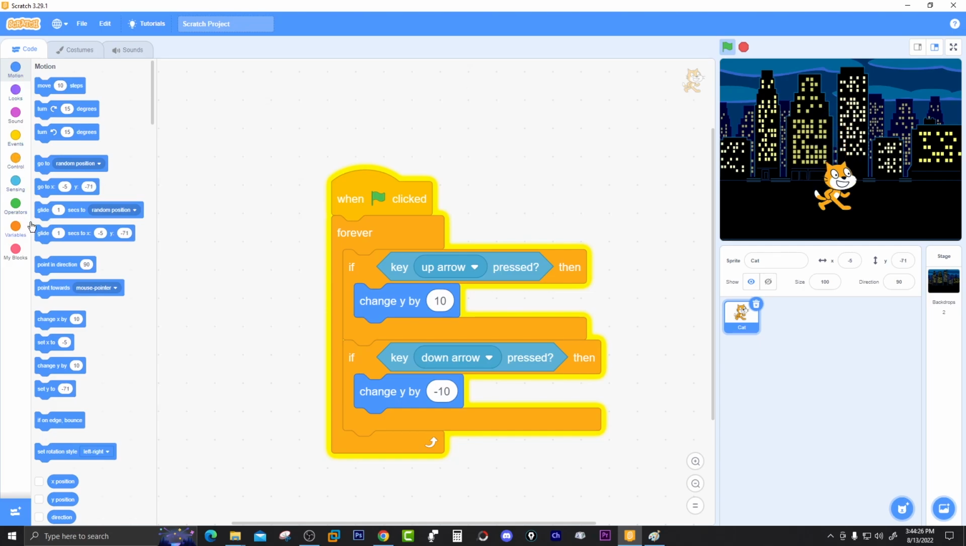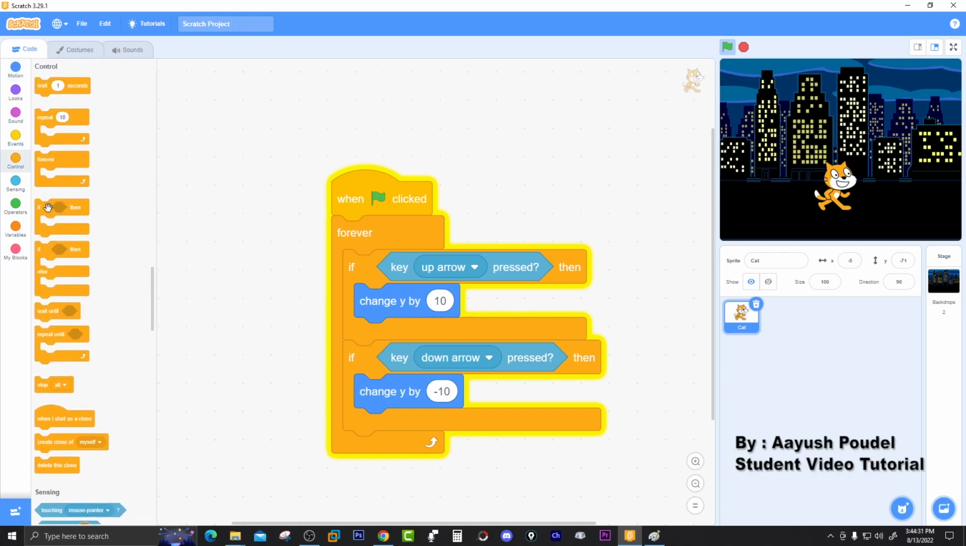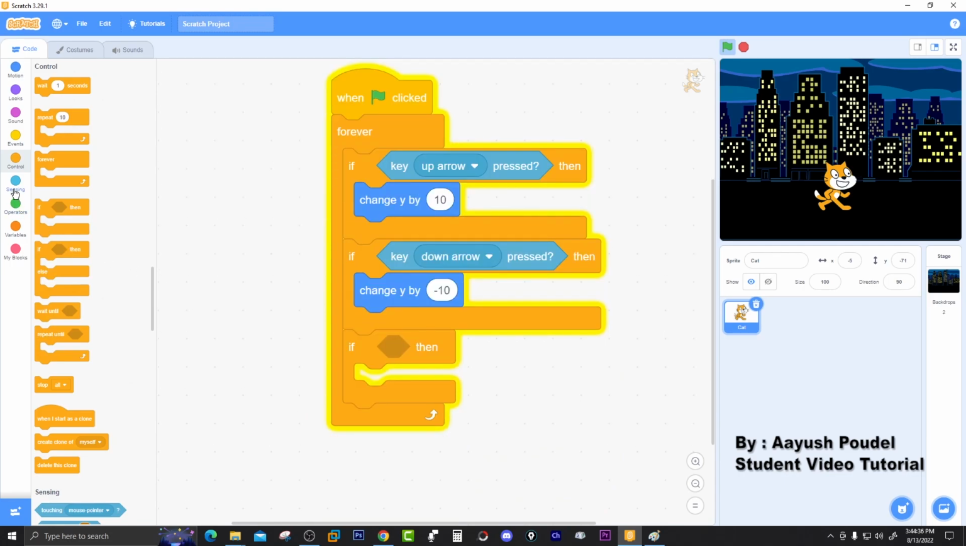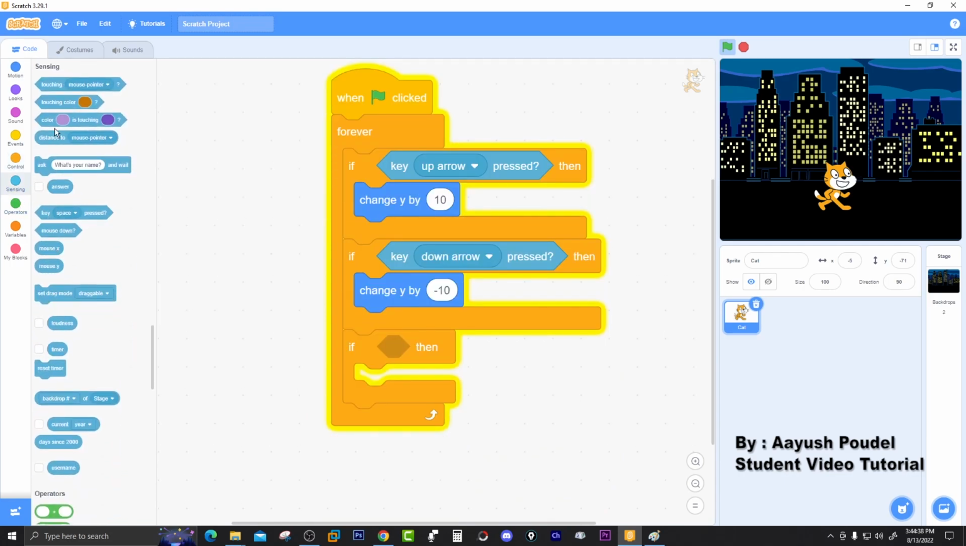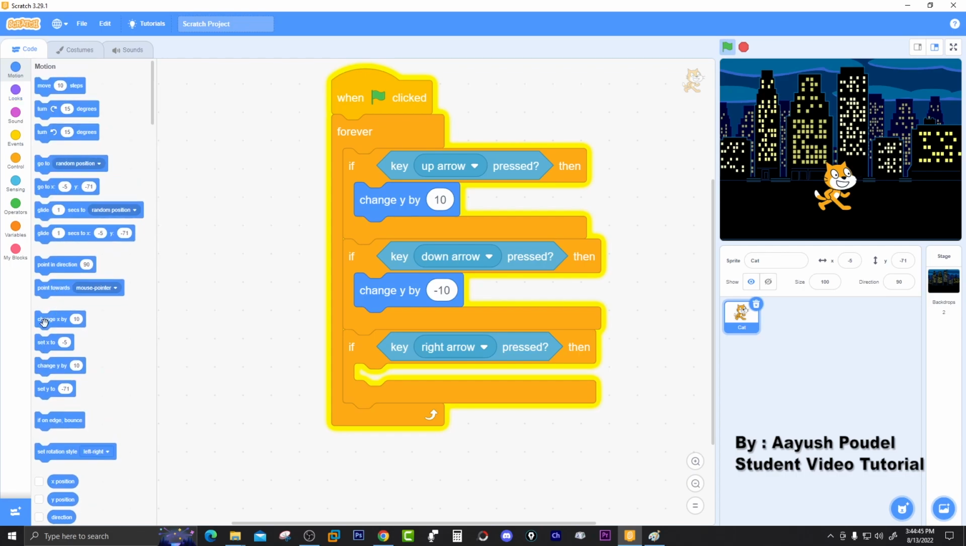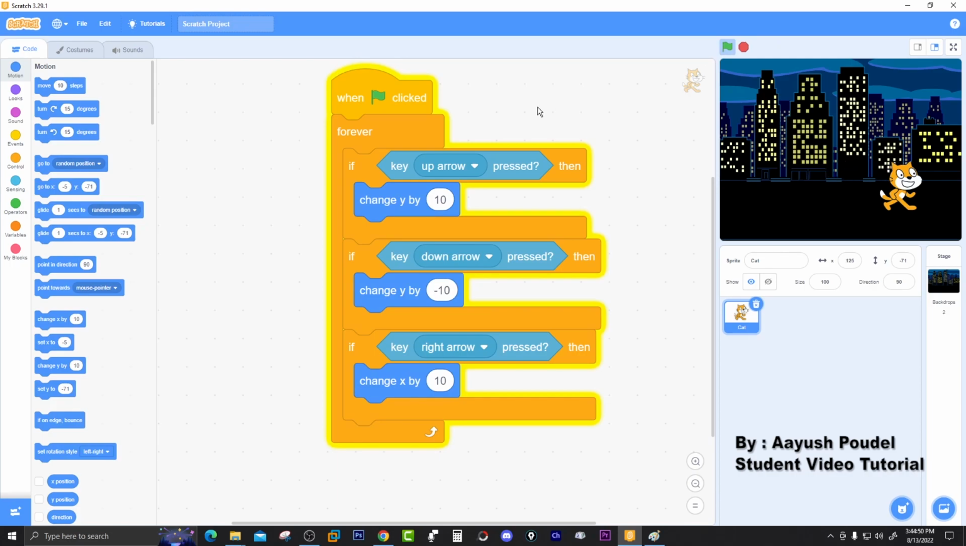And again, if I want to check its movement on the x-axis, or horizontally, then I might want to go here, and again, if the right arrow is pressed, then it will move forward. So change x by 10. If I do this, then it will start moving forward, and if I press the up arrow, it will move upwards, and if I press the down arrow, it will move downwards. So again, for the left side,